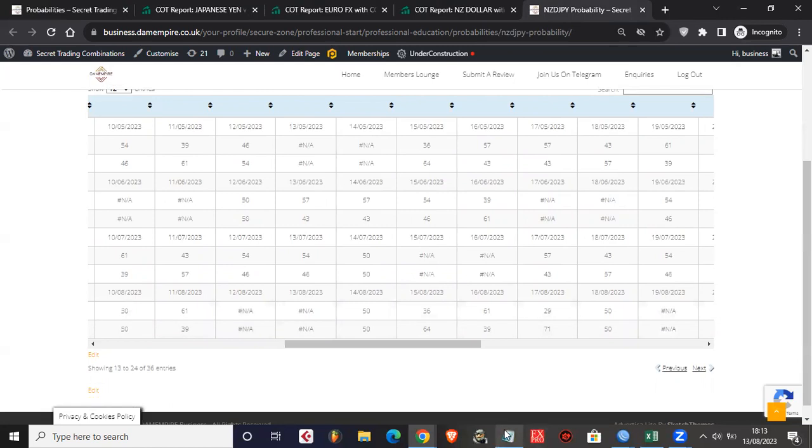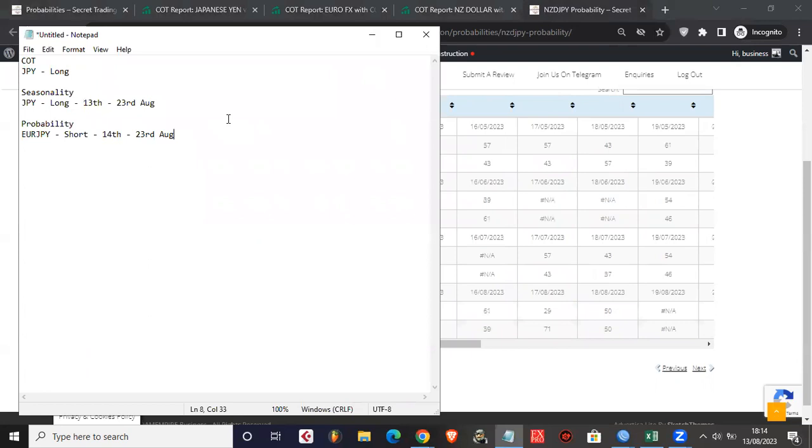So from the entire 7 assets we see Euro JPY being our best probability with a medium risk trade. Now, to get this to a low risk, you still need to use a tool on the technical side, which you can learn, and you can download this tool within our membership platform, which is the website is